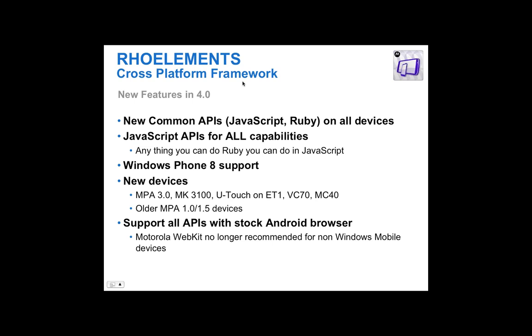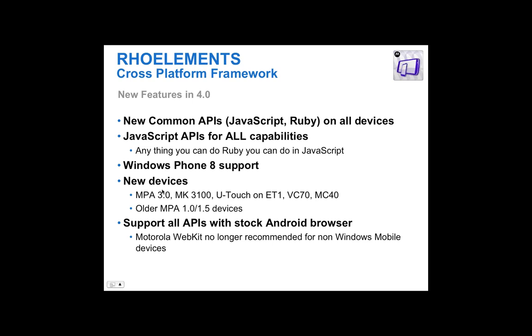So JavaScript everywhere. Windows Phone 8 support in close concert with Microsoft, and we'll talk in more detail about what that really means. It's more than just building for Windows Phone 8. New devices such as VC70, MC40, MK3100, support for older MPA 1.0 and 1.5 devices,